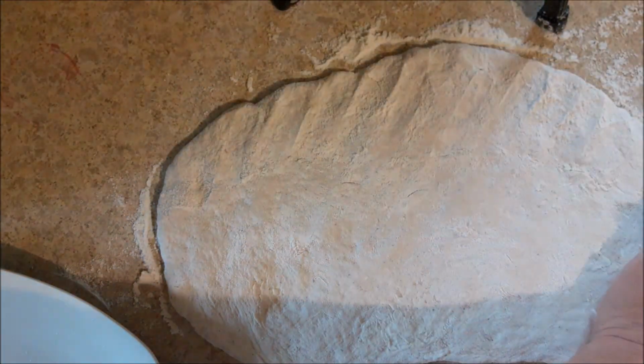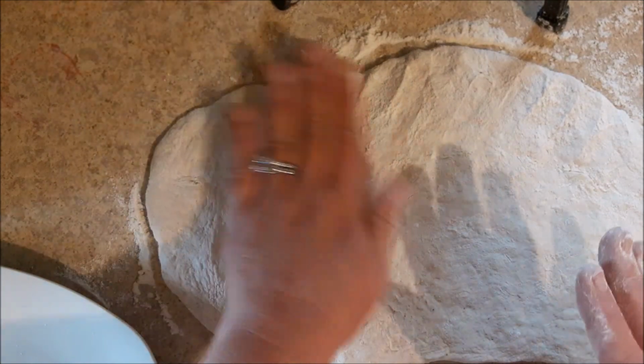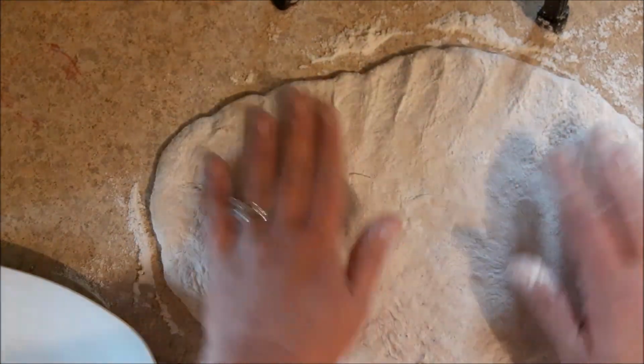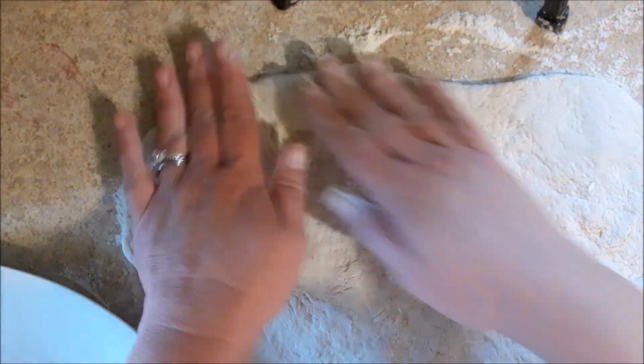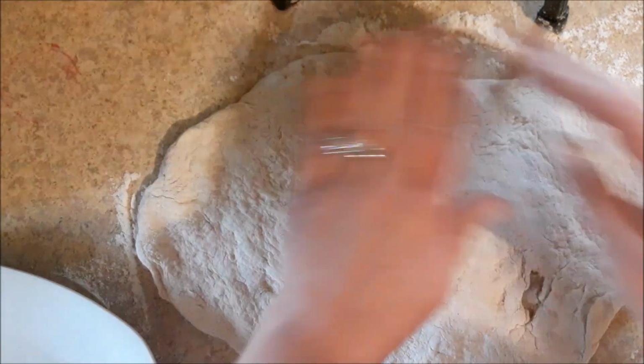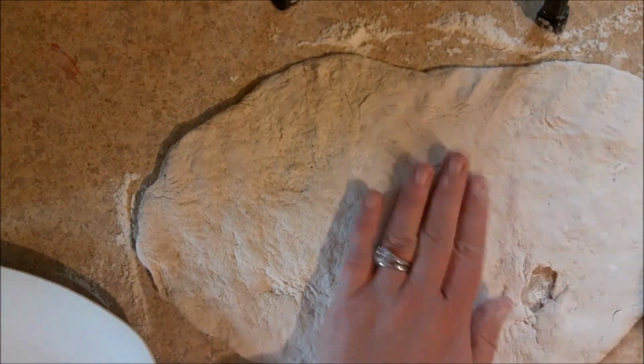Spread it out to the thickness that you like. It's hard to tell you what to do on a dumpling. Dumplings are extremely personal, if you ask me. Flip this guy one more time here. Oh, I tore it, but you know what? It'll be all right. You can use a rolling pin to get it really, really thin, which would be like